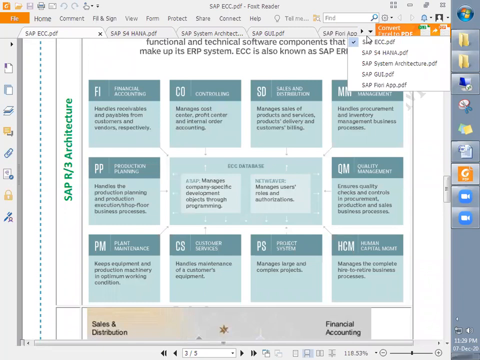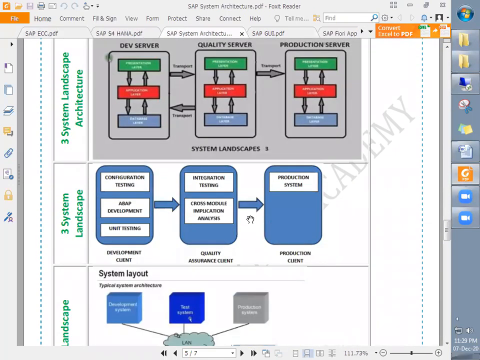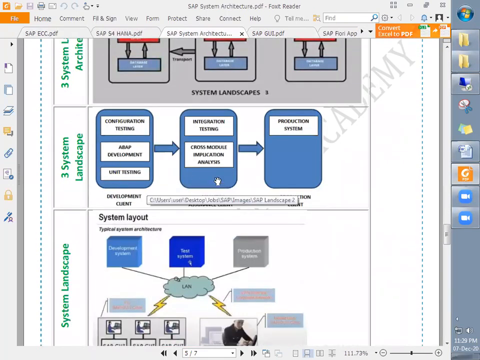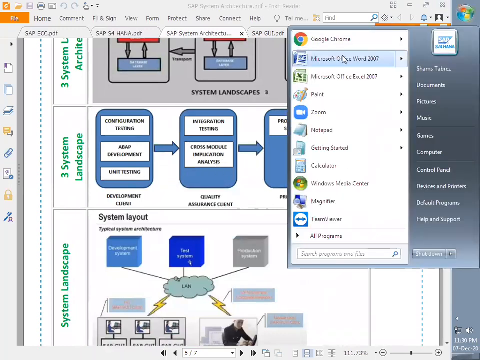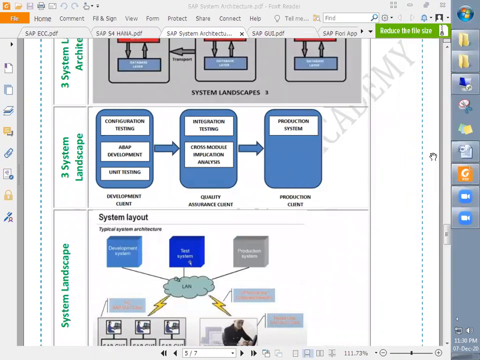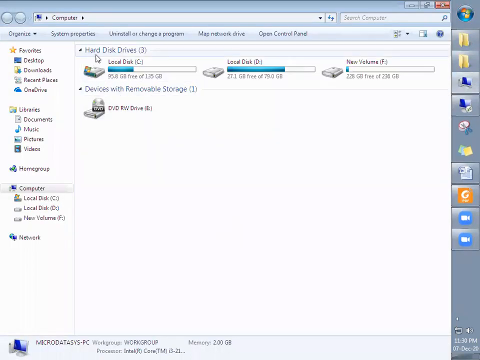So let me take you to the architecture. In the system there are different clients which are created, like in our computer we have the hard disk, and in the hard disk we create different drives, and these drives have their own purpose. Like the C drive is created to save programming files, and a number of drives are created as per our requirement.